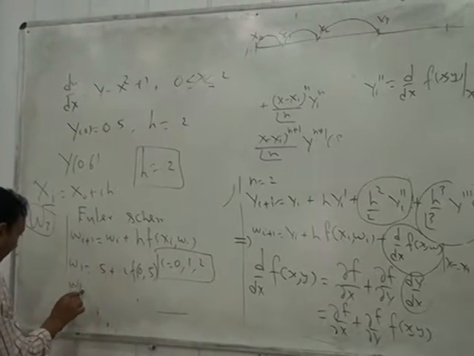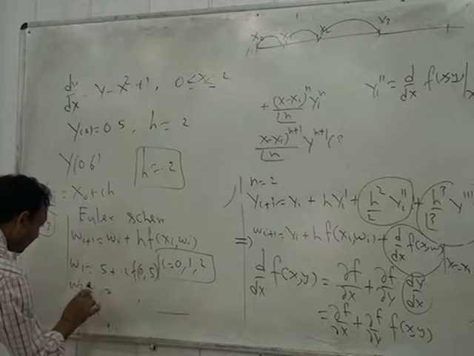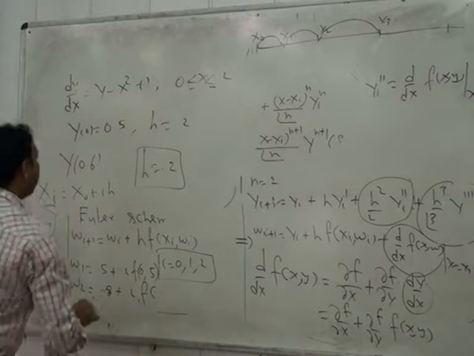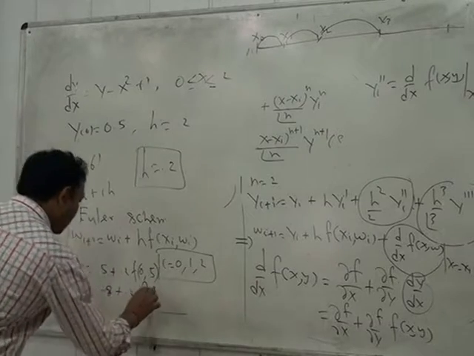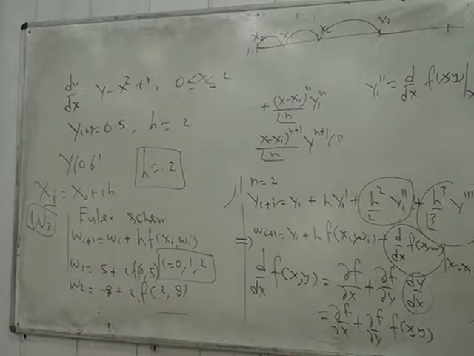Now if you go with W2, W2 is equal to W1 plus h times f(x1, W1). W1 is 0.8, which you have computed, h is always 0.2, x1 is 0.2, and W1 is again 0.8. Can we compute this value? Using W2 I can compute W3. In the exam you have to be careful what is being asked. So this is how you compute W2. W3 is 1.55. Is it clear?